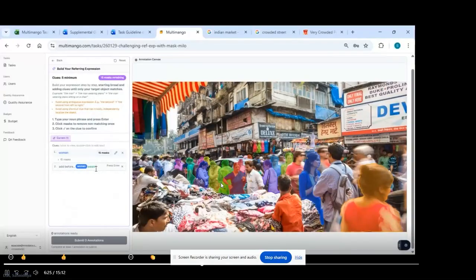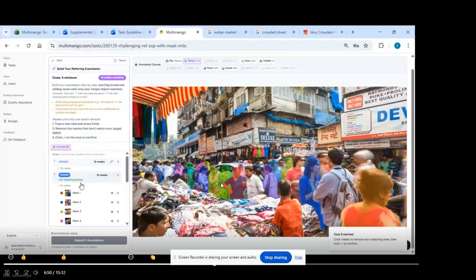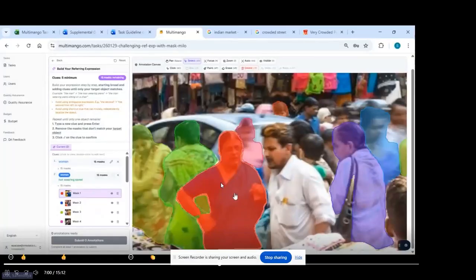at before woman and after woman, wearing. I don't know what she is wearing. She's not wearing, okay, let's say woman not wearing sari, and then we can press enter and then we'll remove the masks of all the women not wearing a sari. So this is a woman wearing sari. So